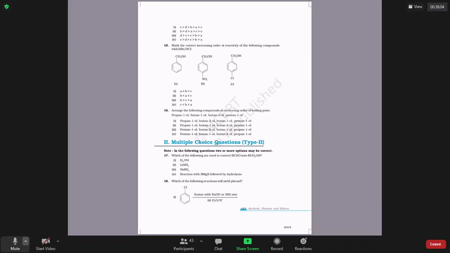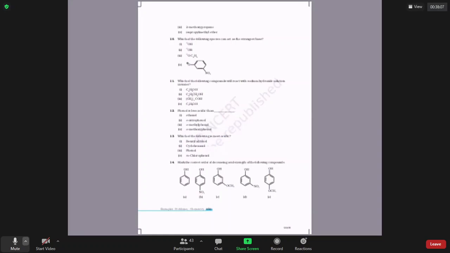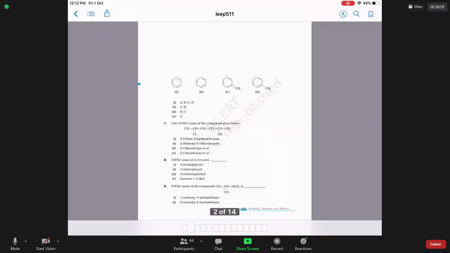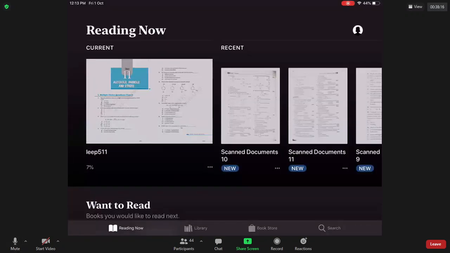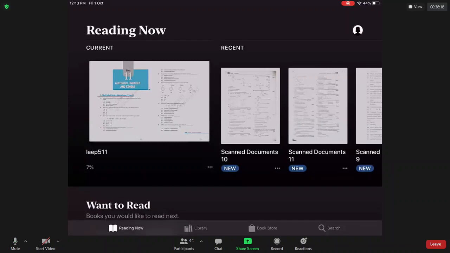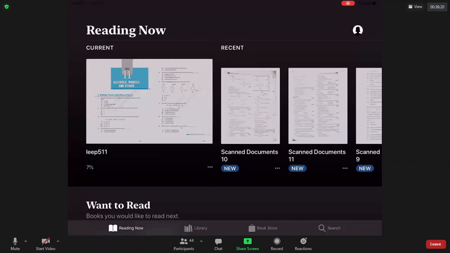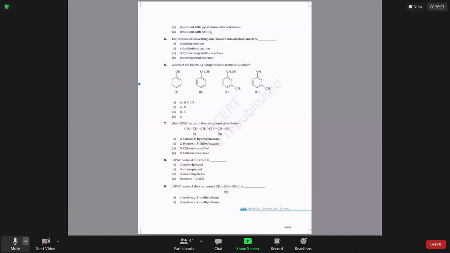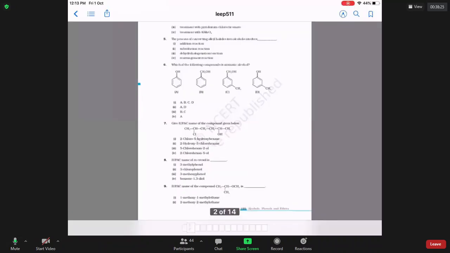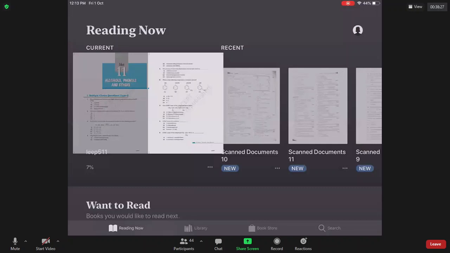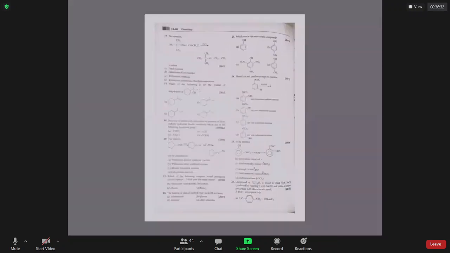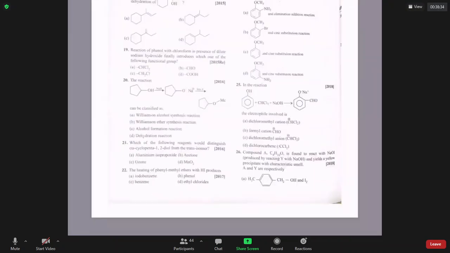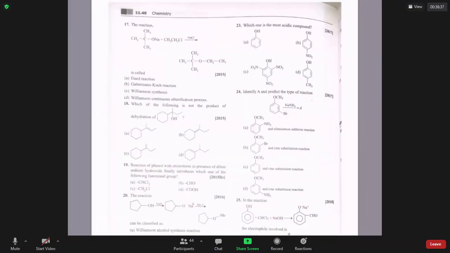All of you, if you want, you can take screenshots of this. I will be displaying it once again. Do you have this book, sir? Did I share this book with you? Then I want you to take screenshot of the previous thing. This material, I can't send it, you can take screenshot. These are all previous IIT questions.